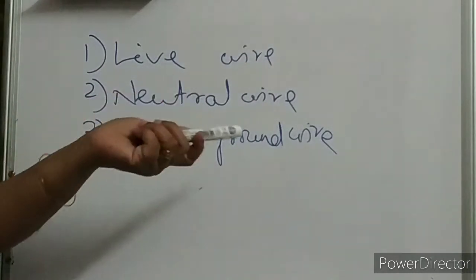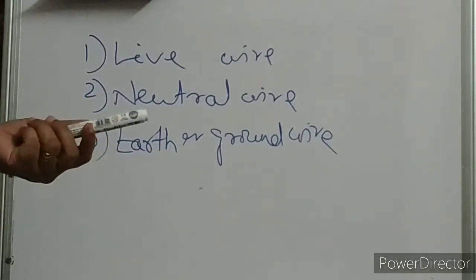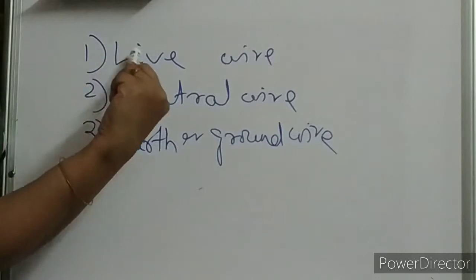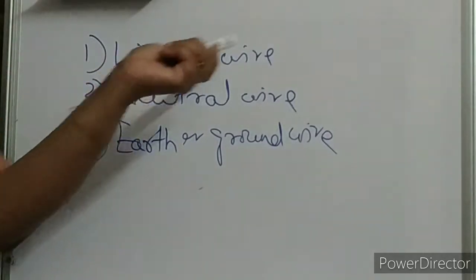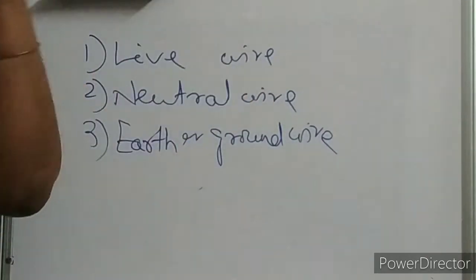Okay, and then again it is connected to the energy meter. I think everybody has seen a meter. Energy meter, or you can say kilowatt hour. I have already told you electricity bill is in terms of kilowatt hour only. Okay, so your first live wire is connected to your pole fuse, then to your energy meter, and here there will be local earthing. Earthing means it is connected to the ground. That also we are going to discuss a little later. So then what will happen? This live wire is connected to the main fuse.